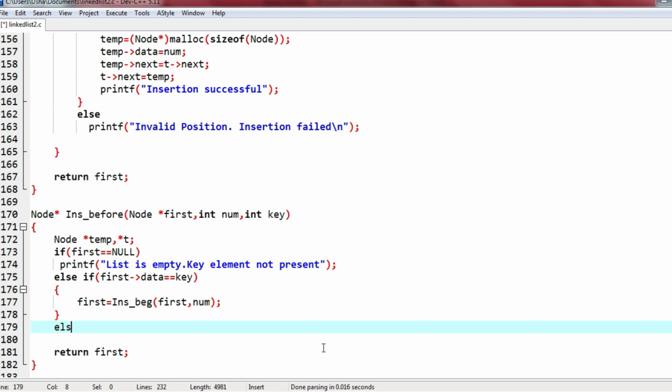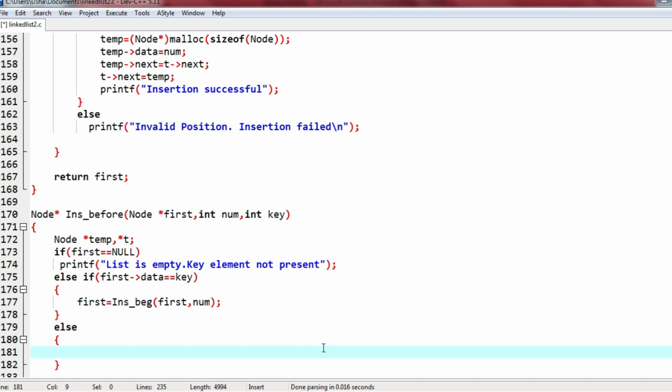Else means list is not empty, it has some elements, and first data is not the required key element, means you have many more data, and the program wants to check the entire list for the key element. If key element is present, before that we are going to add this new element. Okay, so here I will give t equals to first.